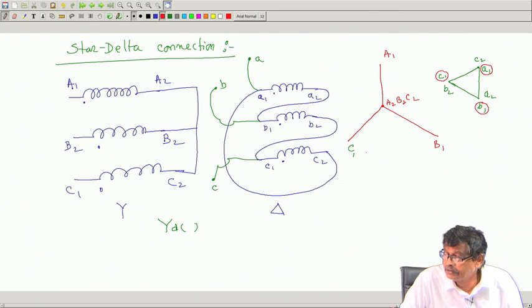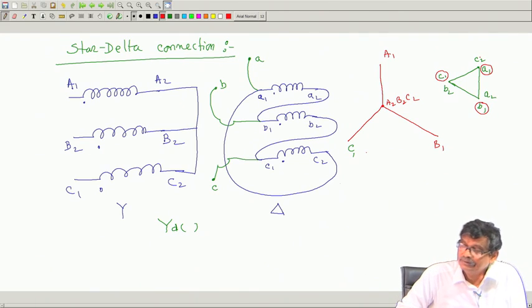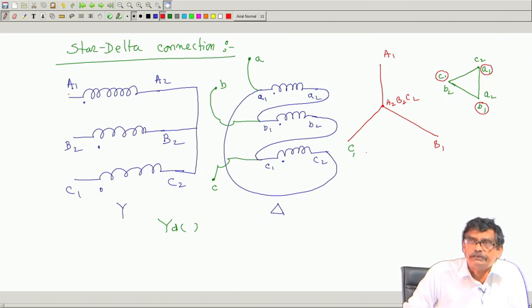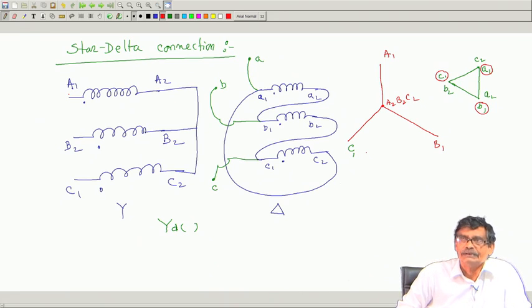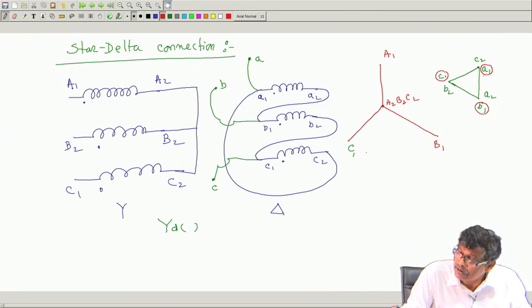One may say, why not you are telling A2, B2, C2? It could be also circled and told, okay, this is A phase voltage, B phase, this is C phase. No, I will not do that. This was A1, I will stick to small a1. That is why it will make you much more disciplined. If you mark A2, B2, C2, it will work, but be consistent. That is what the idea is. So, A1, B1, C1.